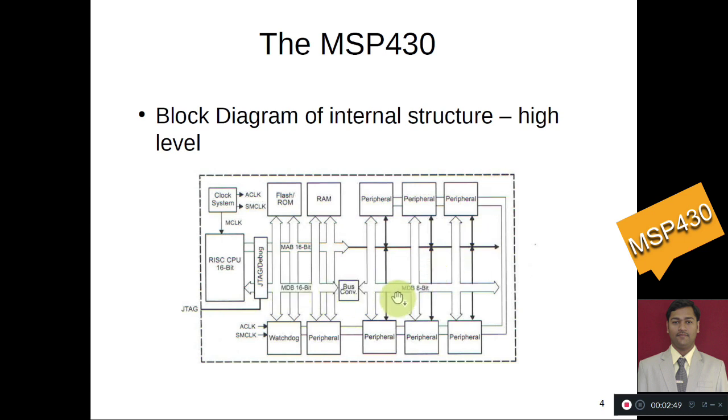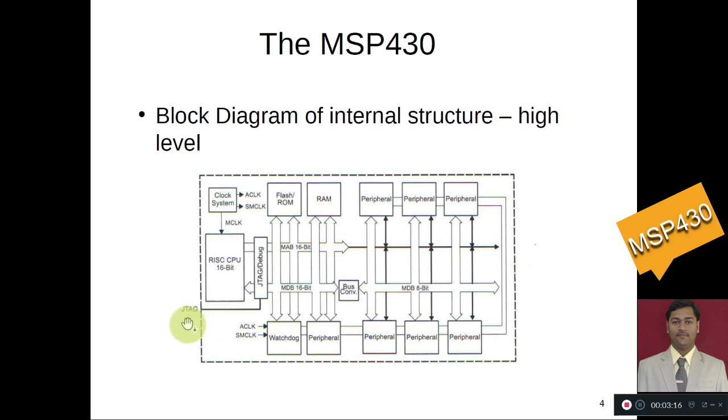Some buses are also there, as we have already seen, address bus 16-bit and data bus of 16-bit. There is a different 8-bit bus between peripherals that is used to transfer data from one peripheral to another. And there is also a JTAG interface present in this MSP 430 core.